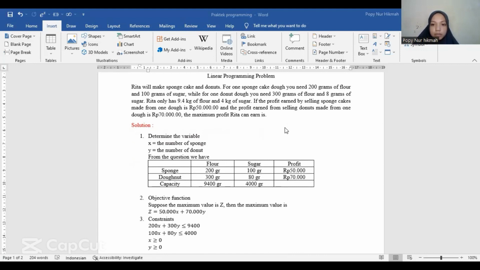If the profit earned by selling a sponge cake made from one dough is 50,000 rupiahs and the profit earned from selling a donut made from one dough is 70,000 rupiahs, the maximum profit Tita can earn is